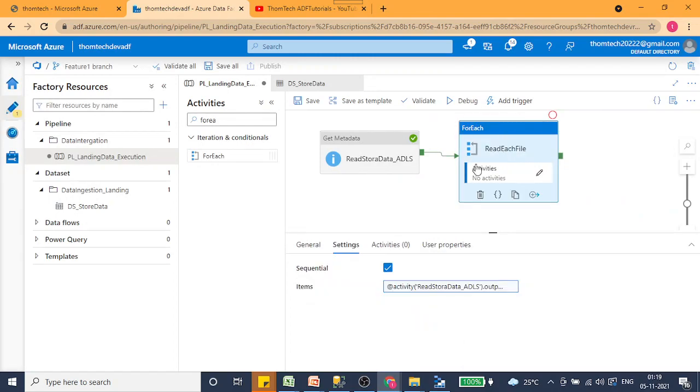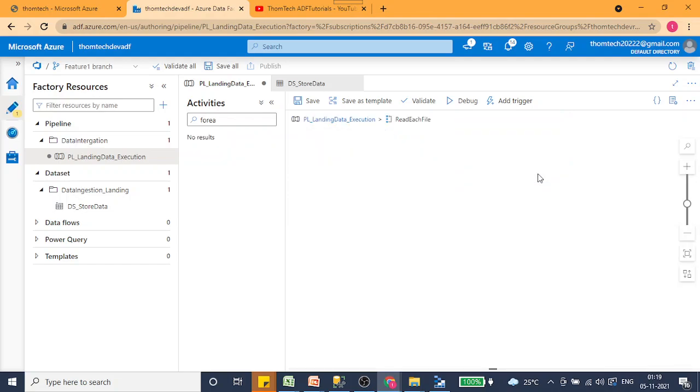Okay, now let's see what is there in the activity. Let's suppose we have one file in memory, and I want to see what's happening with it. Let's get into this. Inside this I can do anything, like put a copy activity which will read the file name in that iteration. Let's suppose the customer file comes inside the loop as the first iteration. That customer file name will be read, and we will use it in our copy activity to push it into a landing zone, something like that.